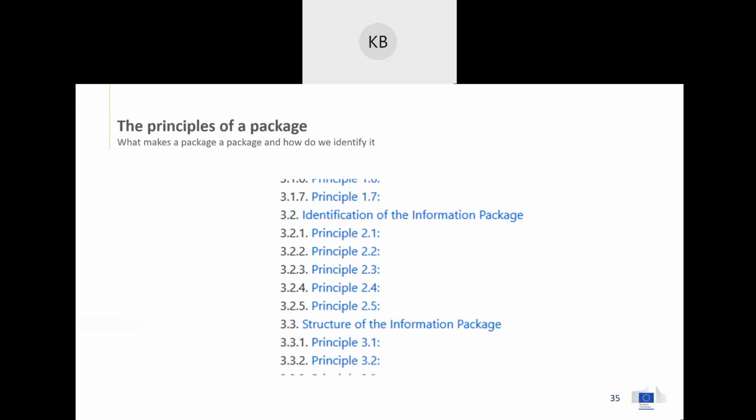We need some descriptions, we need some administrative information, we need to identify the package. I love getting presents, but most certainly I want to have an identification on it so I actually know what it is. We also need to have structure. So combined with the principles, on the next slide,